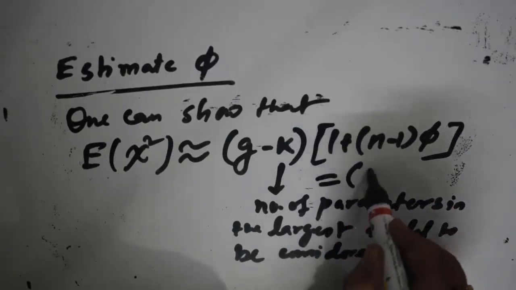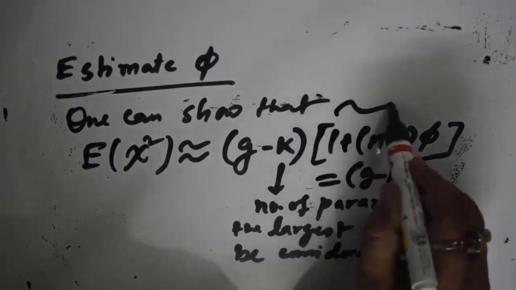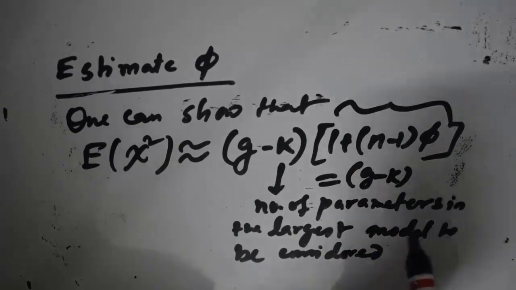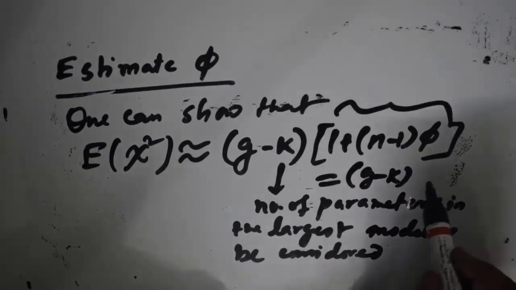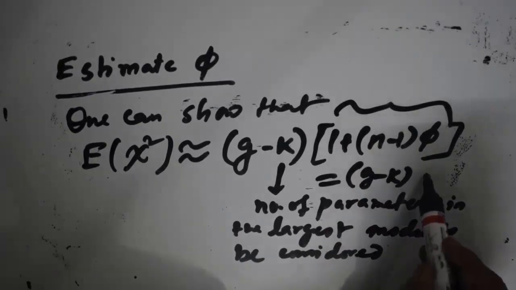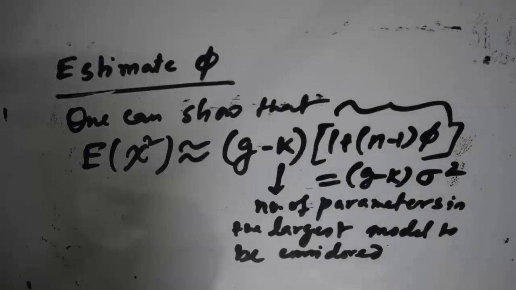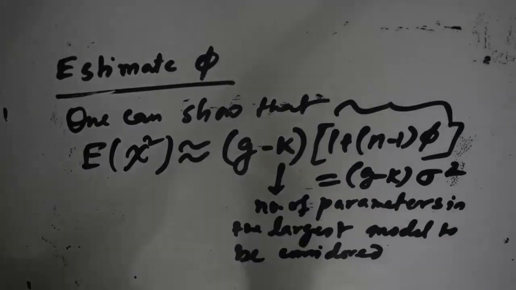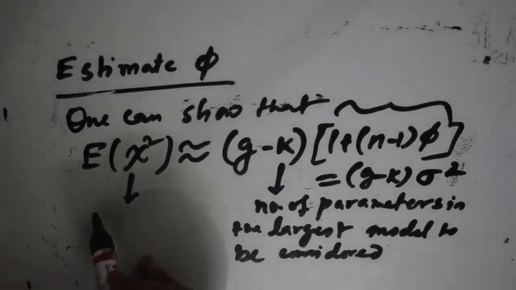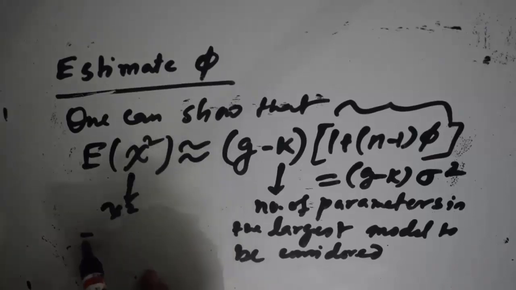So this is equal to G minus K times sigma square, which is a heterogeneity factor, where this is chi square